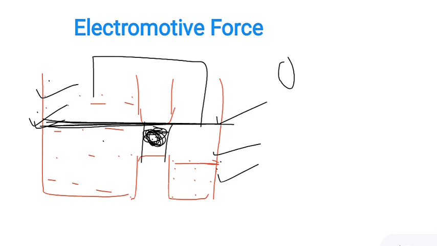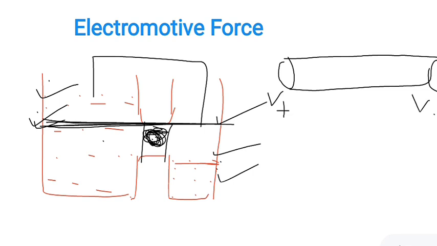Suppose there is a conductor. Okay, so in this conductor current can flow. Now here we compare the flow of water to the electric current. Current flows through the conductor when there is a constant potential difference between the two ends of the conductor. Same as for the flow of water, we need a pressure difference. In the same way here, we need a constant potential difference between the two ends of a conductor.